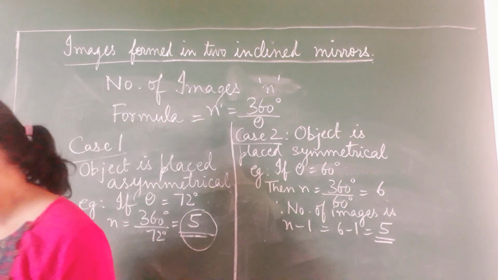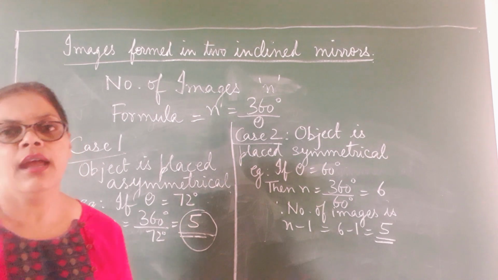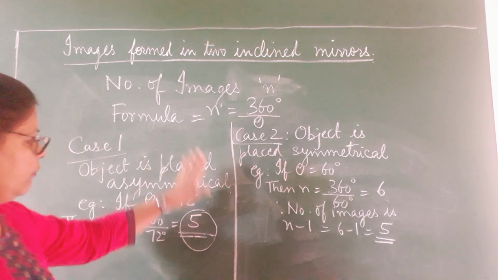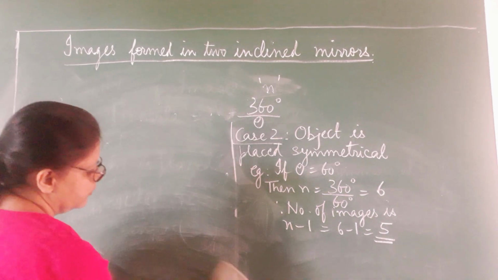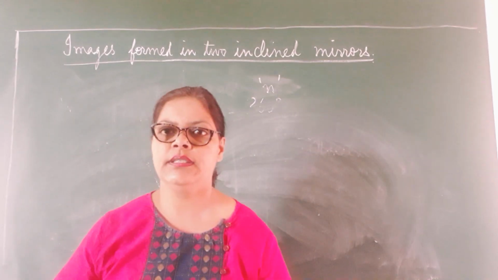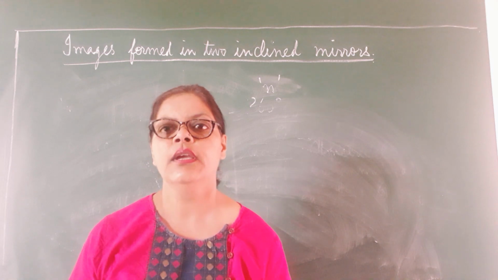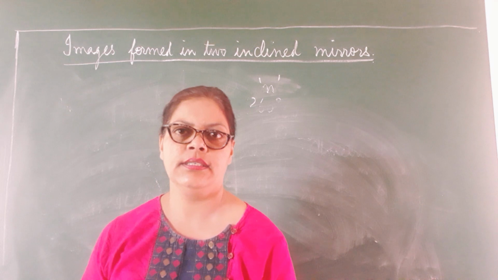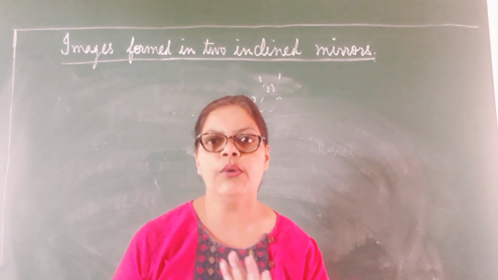Right children? Okay, now after this I move on to the first ray diagram, and that is when two plane mirrors are placed parallel to each other. I am going to erase this and I am going to start with the ray diagram children. I want you to sit with your paper, pencil, and you will draw the steps. As I teach you the steps, you will draw with me because this particular diagram is very complicated and I want you to draw with me step by step so that you have no problem.